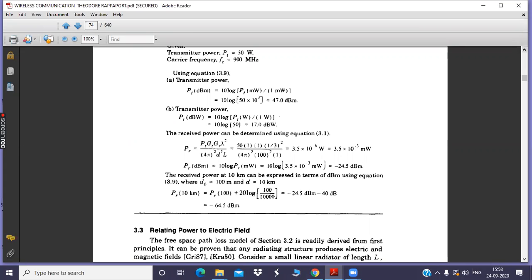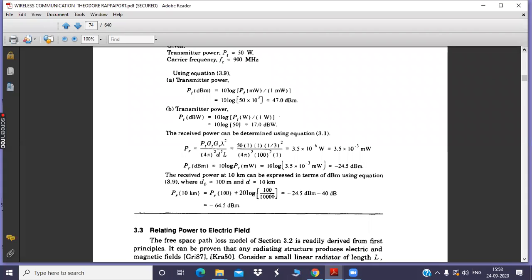In the module 1 slides, you study 1G, 2G and all. The paging system, 1G, 2G, I have told you in the introduction classes, no? The evolution of wireless communication. Don't study the histories and all, that is not necessary. Only study the technical part. Comparison of 1G, 2G, 3G, 4G. Then the paging system. Then you have simplex, duplex, some technical things in those introductory slides, no? That you need to study.